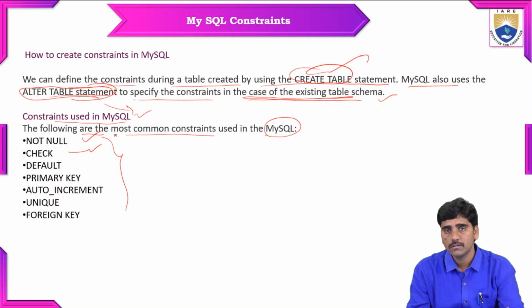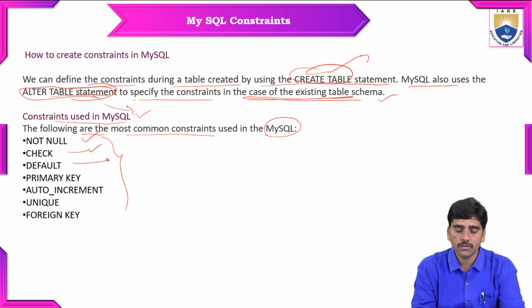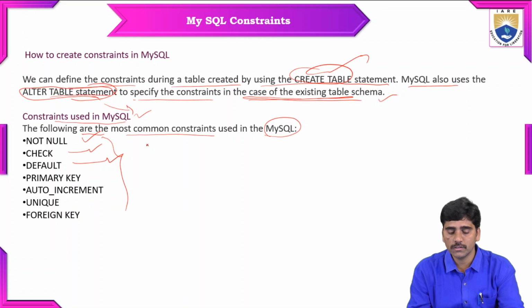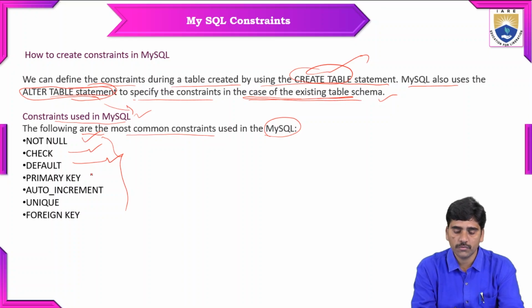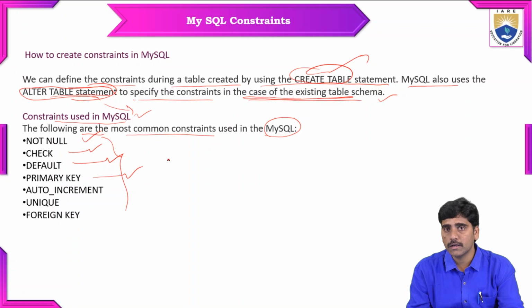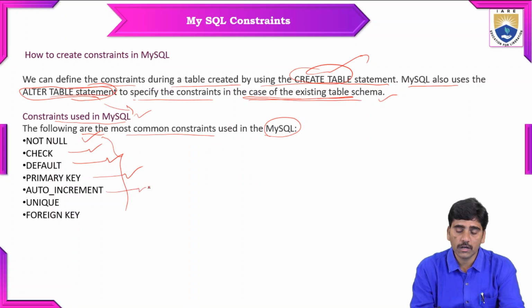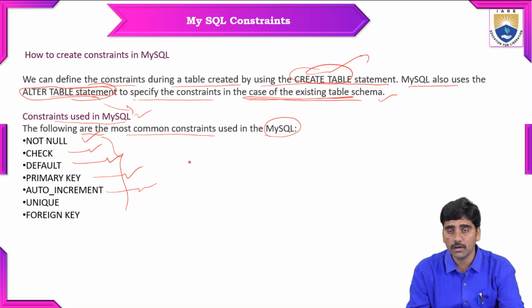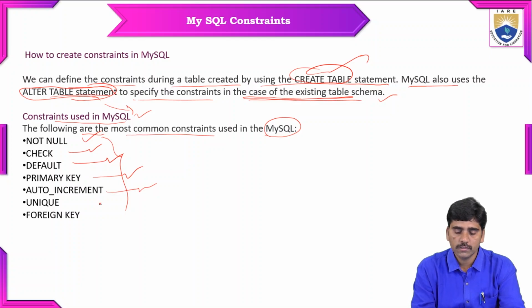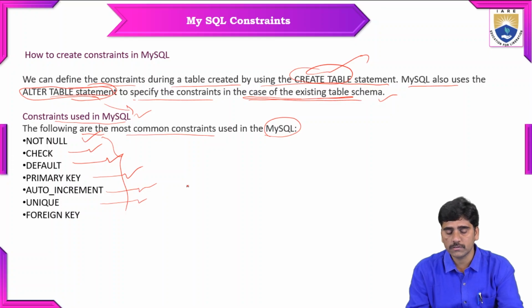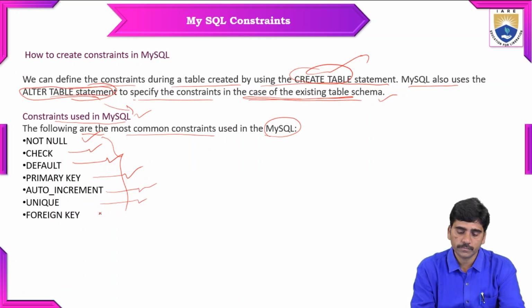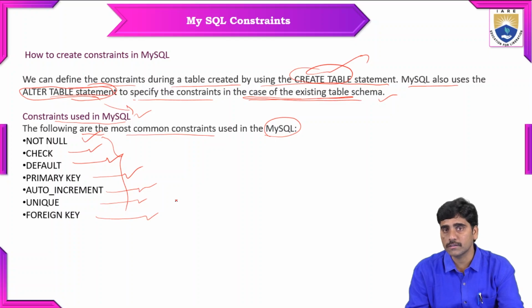Second one is check constraint. Third one is default constraints. Fourth one is primary key constraints. Fifth one is auto increment constraints. Sixth one, unique constraints. Seventh one, foreign key constraints. So let us see how we can create each and every constraint at the column level or